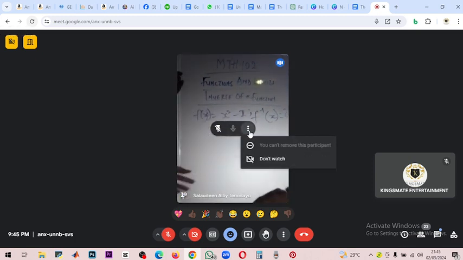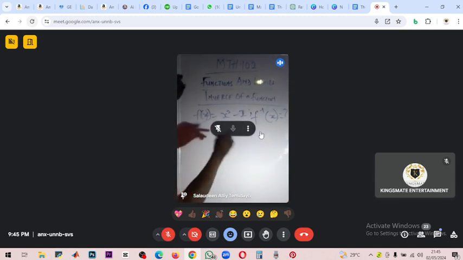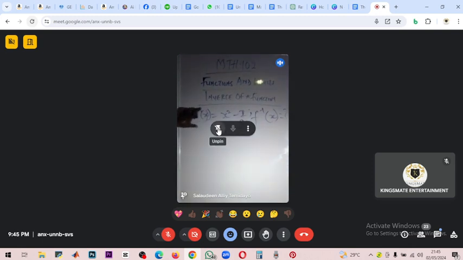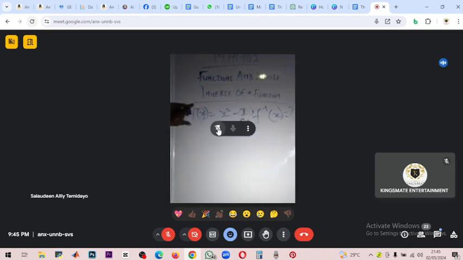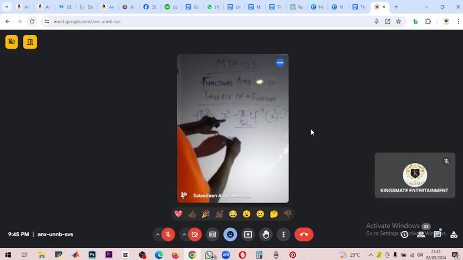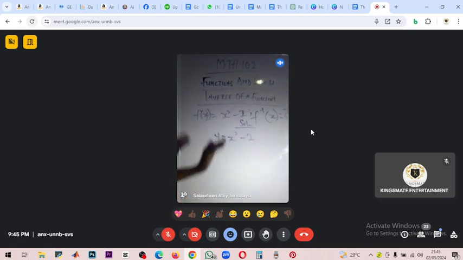So inverse means 1 all over, but in function, it doesn't mean 1 over. Don't take it as 1 over. The thing is, that f of x you are seeing, use y to represent it first. That is the first step. So write it as y equals x squared minus 2. That is the first step for finding inverse. Just change that f of x and write it using y.